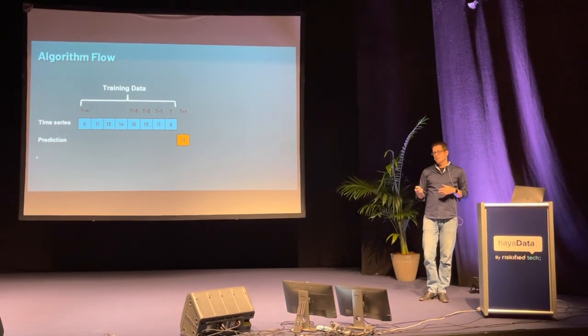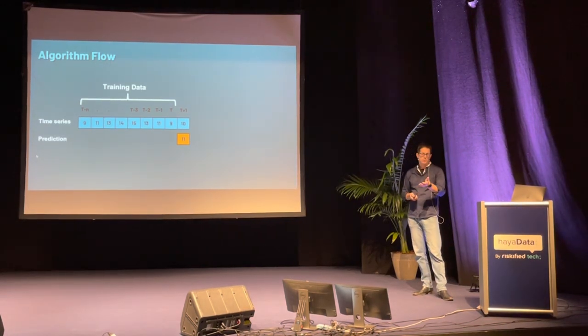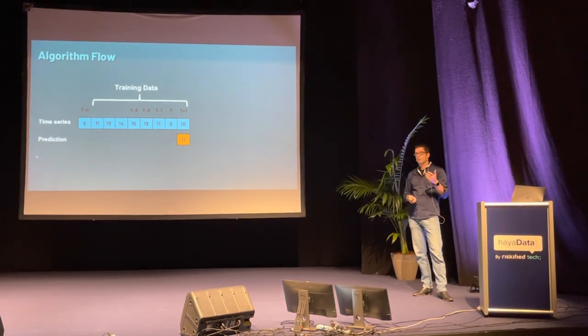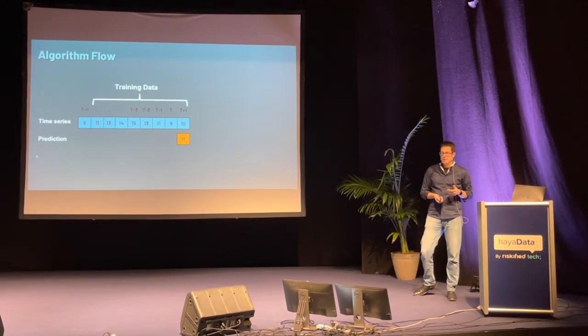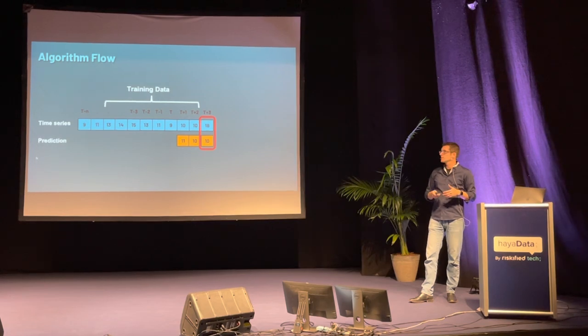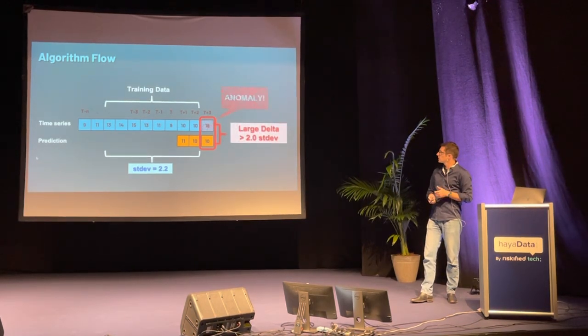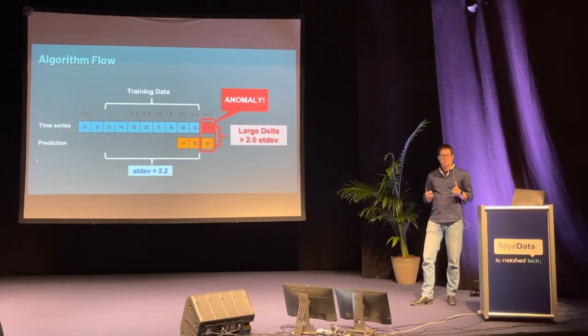We predict the next time period, wait for the data to come in, see that it looks okay, do this again. We could use the next data point as part of our training if we want, if we have a model that trains really fast, like some of the regression models. And then we could do this again and again, and if we get to some point where suddenly we have a data point that's totally off, like in this case, and that it's 2.2 standard deviations, we would declare this as an anomaly and send an alert.